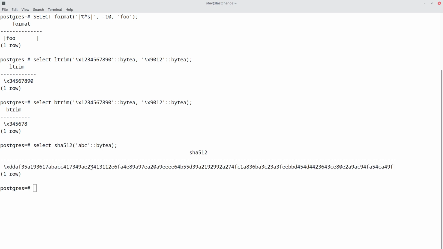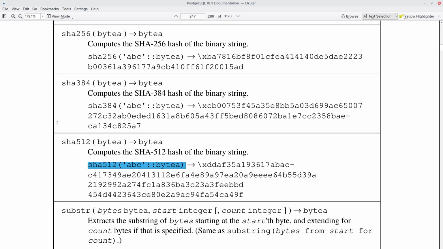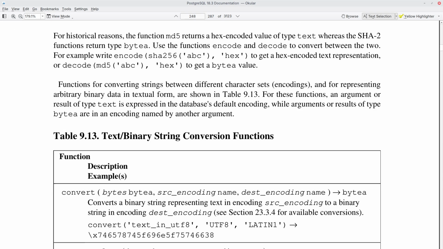SHA-512 values. So database functions are quite fast because Postgres is written in C internally, and therefore it runs at a very high speed. If you are doing SHA-512 computation in something like Python, it will be much slower, particularly if the string is large. So with this, I will end this video, and we will meet again tomorrow to continue where we have